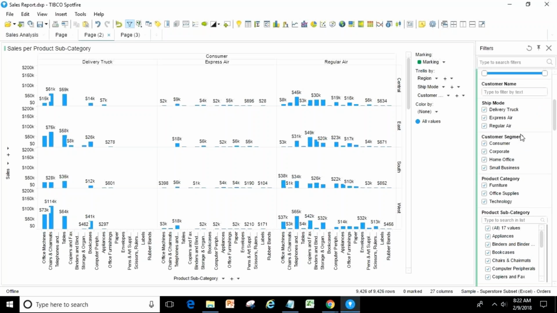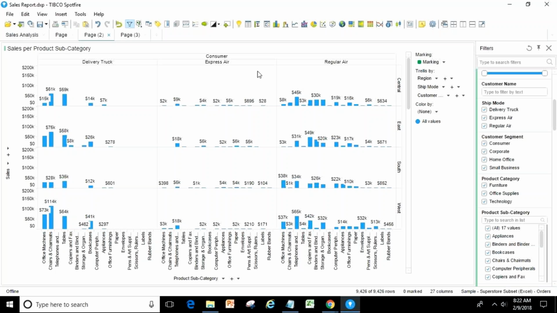Let's say you are purchasing something online and asking for one or two products, then you are a retail customer, isn't it? For home office or small business, if you are running a small business, you will be asking for 10 products, 20 products. If someone is asking for 100 products, 1,000 products at a time, then obviously that will be a corporate client, isn't it?